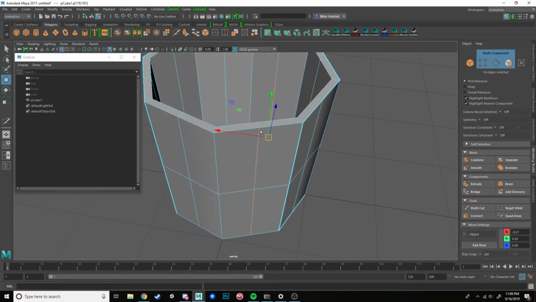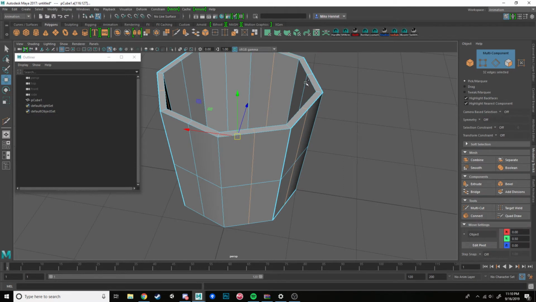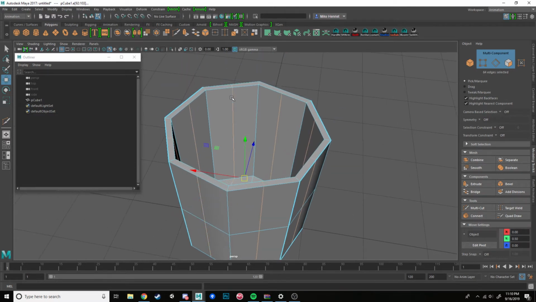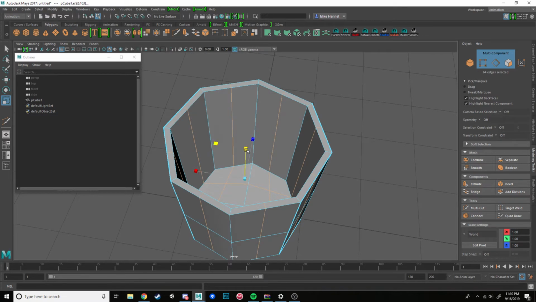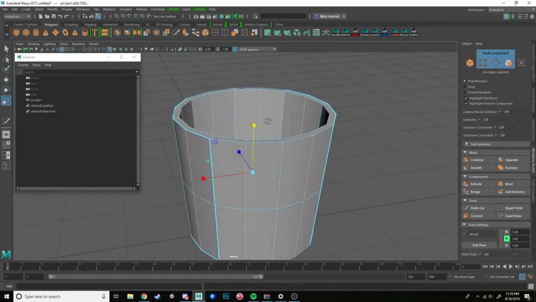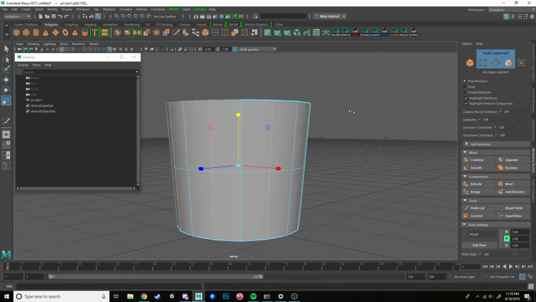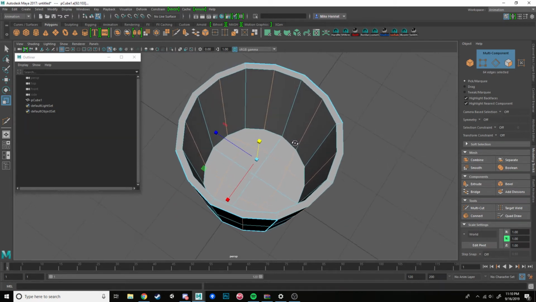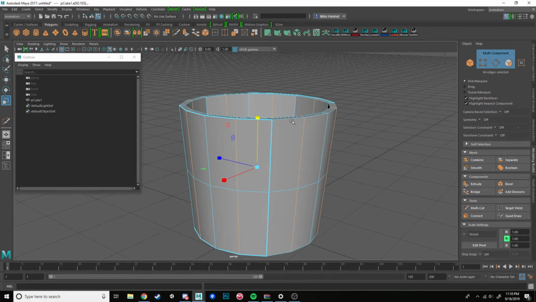And then if you double click to select each edge loop, you can kind of do this, and you have a nice round object. I like this method,